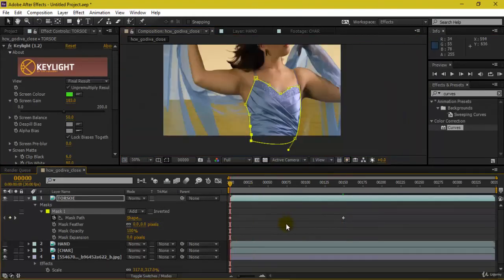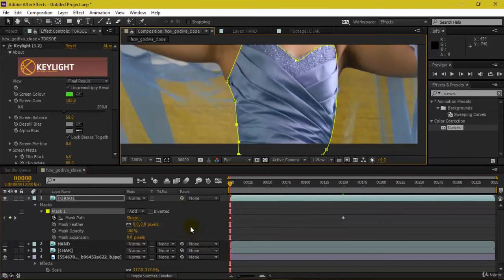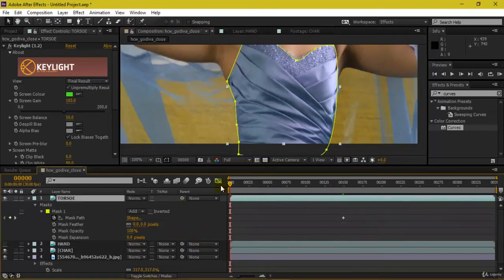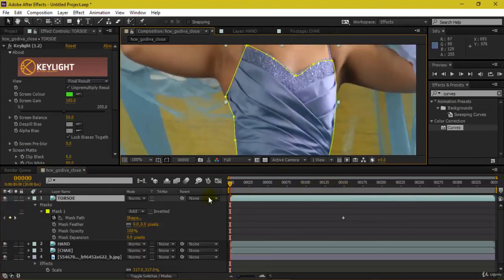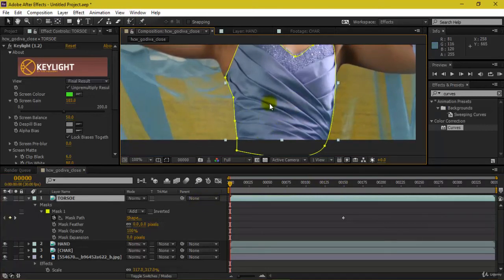And right now if I want to spill this out, what we can do is you can select this torso. Beneath you can turn this on and you can turn this off. And then inside this you can select this option despill bias as we did last time, and you can select this color so that this area over here which is green is actually not the right color, which is having some spills. So you can just select this from here and only the area inside your mask will be affected. So you can see the magic yourself.